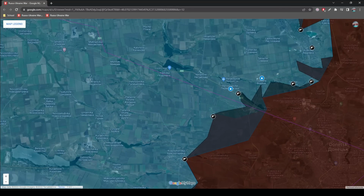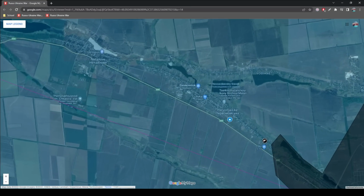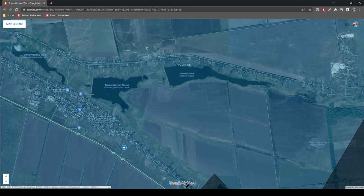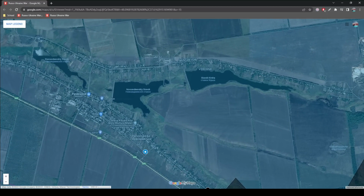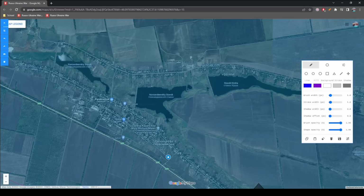So most likely we'll see them try to push towards the lake to the north, which will allow them to connect and attack along the river line or the lakes to encircle the villages in this area. As we can see here, there is this long road of houses. This will be challenging for the Russians to take over, as it allows the Ukrainians to set up positions every